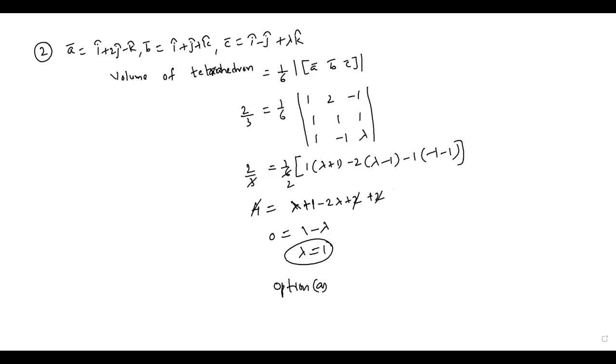Coming to the third question. U bar is i cross a cross i, j cross a cross j, k cross a cross k, then what is u bar in terms of a bar they're asking. The given third one is u bar equals i cap cross of a bar cross i cap, plus j cap cross a bar cross j cap, plus k cap cross a bar cross k cap. Basically we have the vector triple product formula.